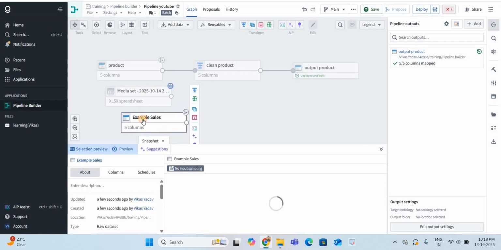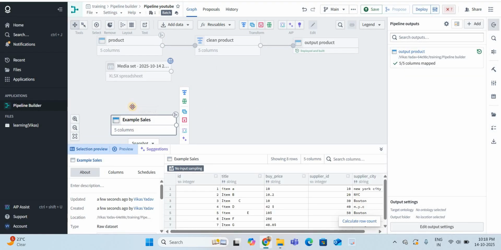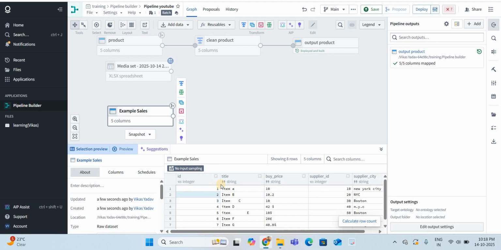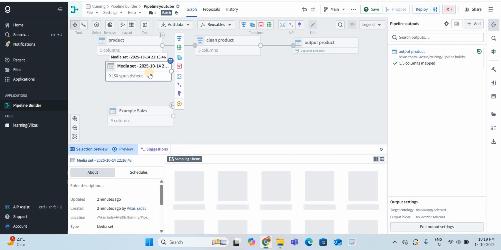Now it has given the proper schema: integer, string, integer. It gives the column names and, for each particular column, the data type, right? In the earlier case it was not able to give this properly.